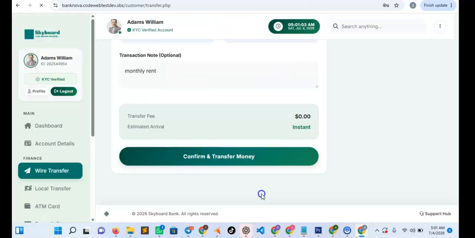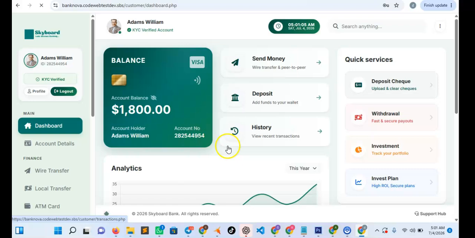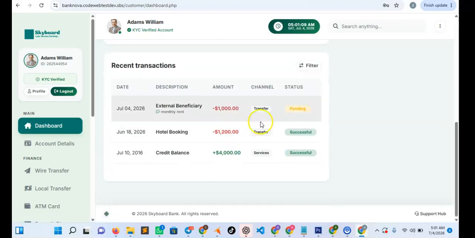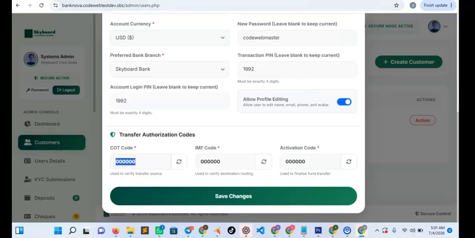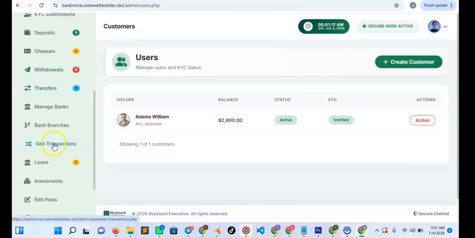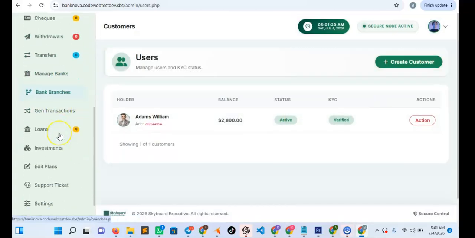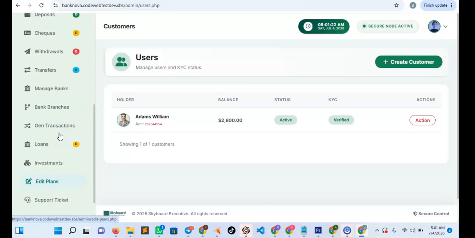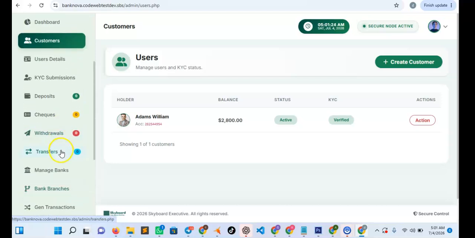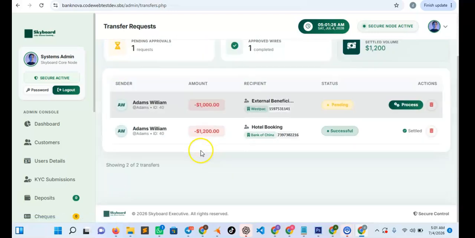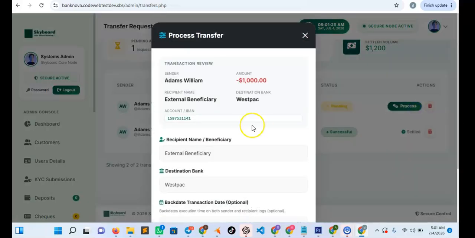All right. So let me go back. Okay, I would have printed the receipt so that you see how the receipt looks like. All right. So now the transfer is showing pending. So what are we going to do now? We'll go to the admin, go to transactions, transfers. Look at the transfer here. We'll process